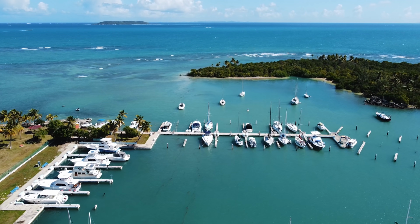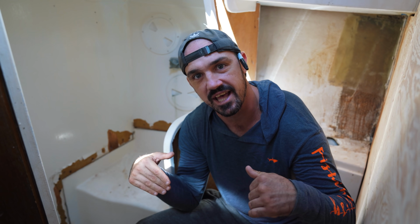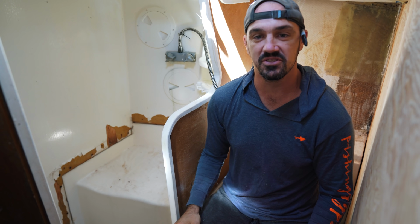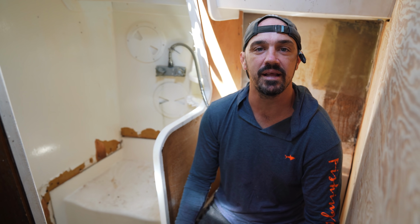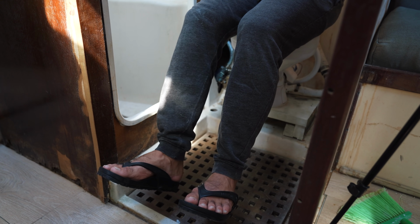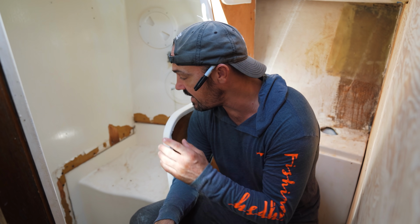A lot of these projects we've been getting ahead of ourselves, but today we're actually getting into the head ourselves. And we're gonna fix the head of our boat. For one, when I put this brand new toilet in that flushes itself, I put it a little bit too high. It's perfect for me, but everybody else's feet are still dangling, which isn't really fun to do when you're sailing around the world. So I got to get my toilet all in there,